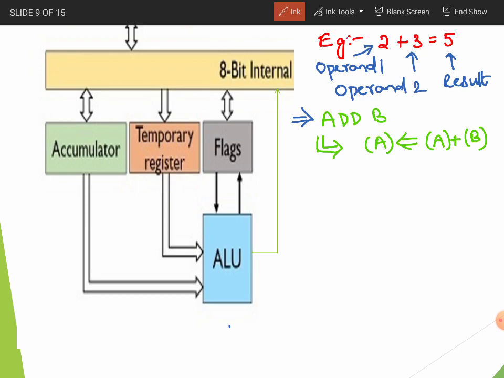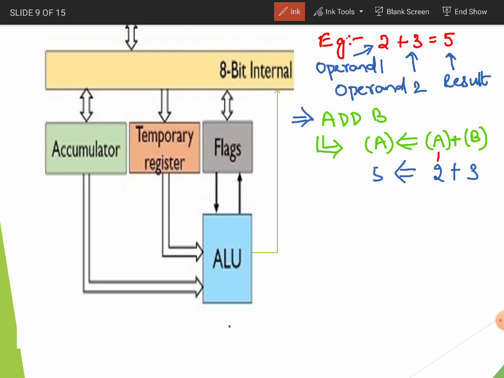What does this ADD B do? ADD B means here we implicitly use the A register, the content of A. So we will place 2 in the accumulator register and we will place 3 in the B register, and the result will be collected in the accumulator register again.